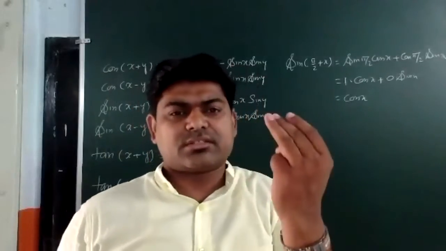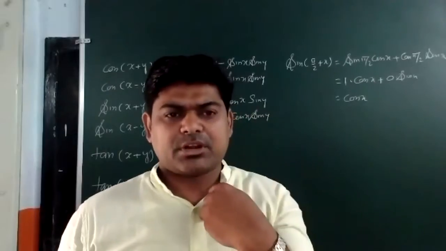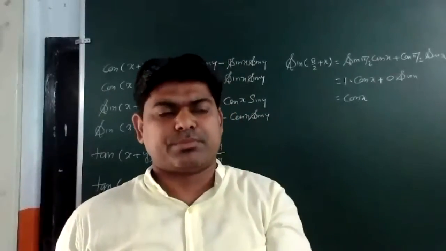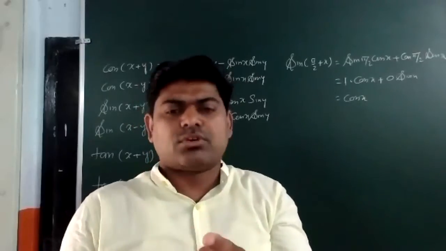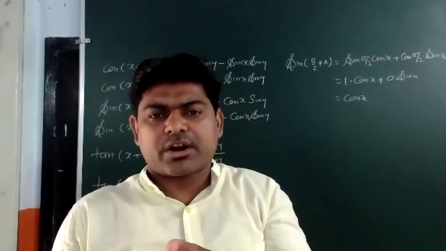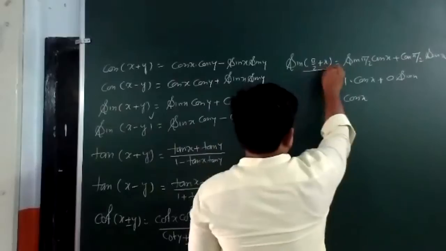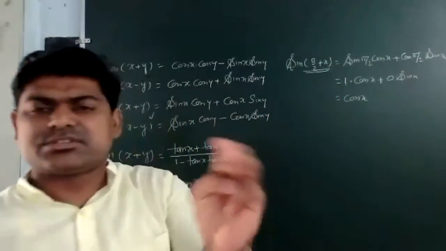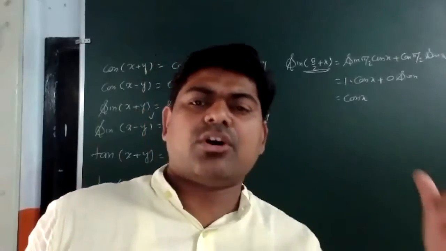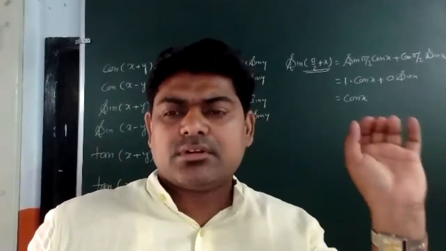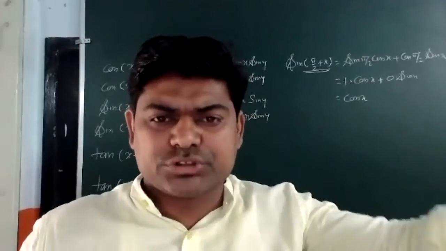That concept has 3 points you have to keep in your mind. If you remember, again I am repeating myself, it is an important thing for you people. These 3 points have to be there in your mind. The first one: in which quadrant the given angle is lying. Now see, pi by 2 plus x will be lying in the second quadrant. In the second quadrant, what is the sign of sine? In the second quadrant the sign is positive. That's why our result should be positive.